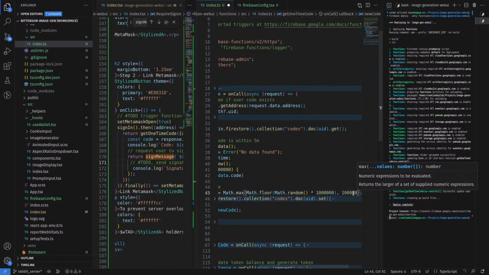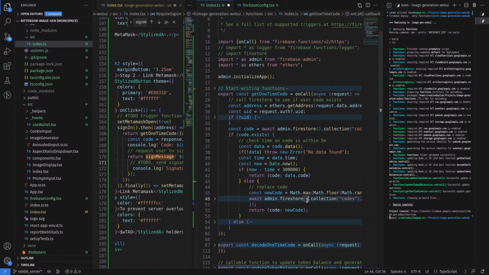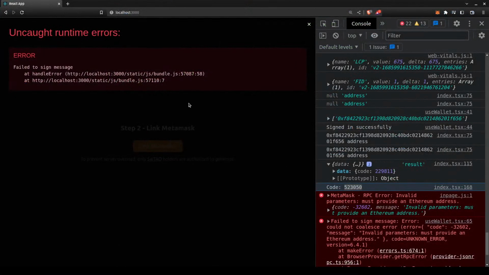So I want a minimum of 100,000 and a max of 1 million. That works for now. Now that we have our code,